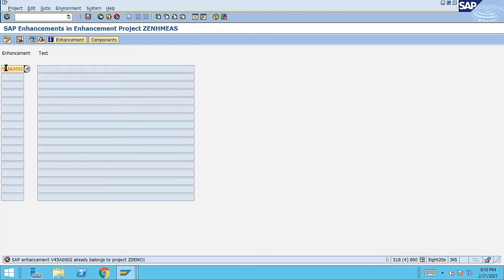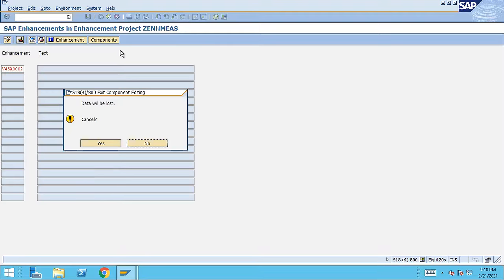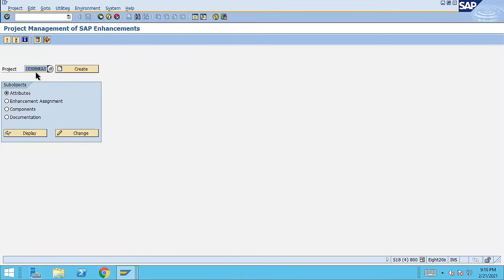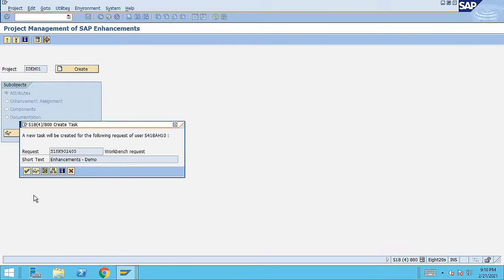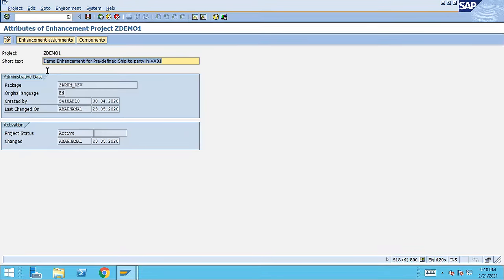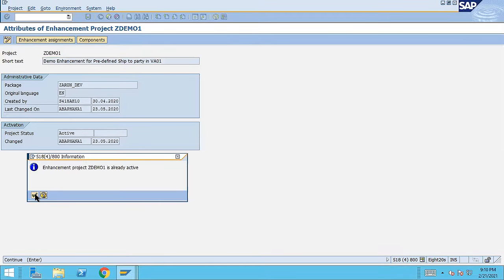Okay, so what I will do, instead of creating the new project, I'm going to use the existing project, which is jade demo 1 itself, right? So let's go there in jade demo 1, because you cannot do so, and this is a drawback of the customer exit, and that's why BAdI came into picture. Okay, so jade demo 1, click on this change button. It's telling already active, that's fine. Click on this okay,